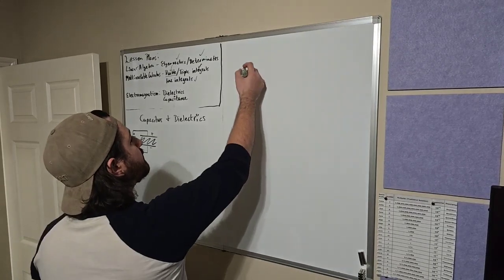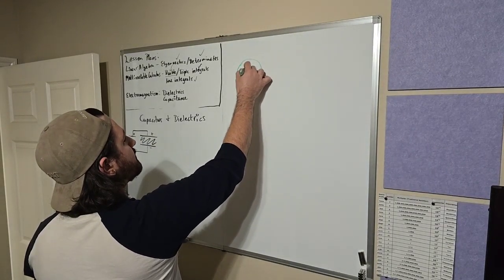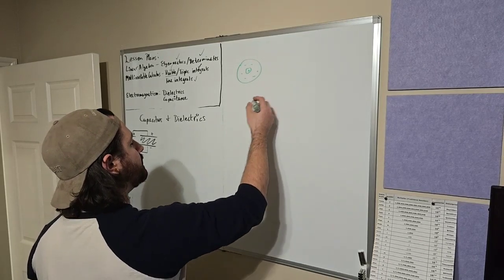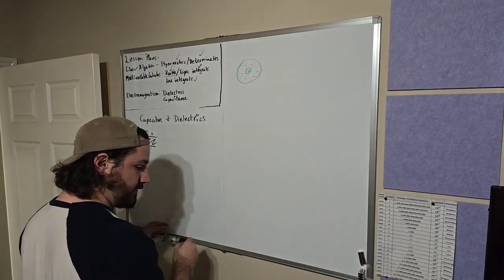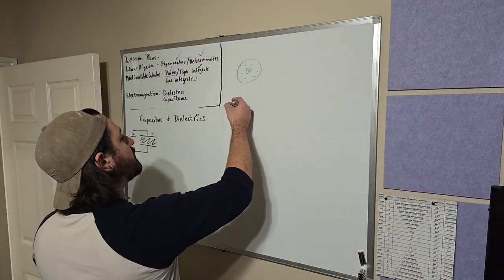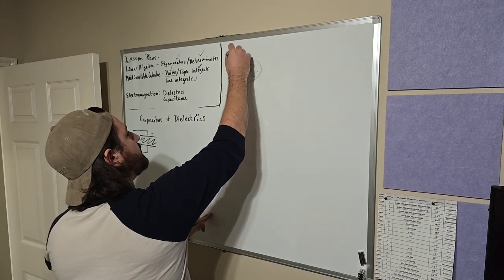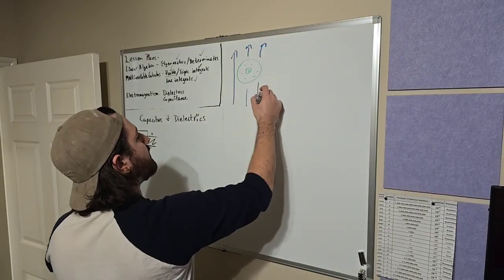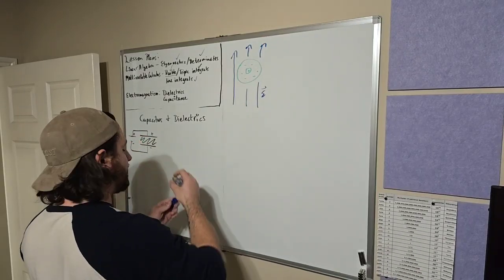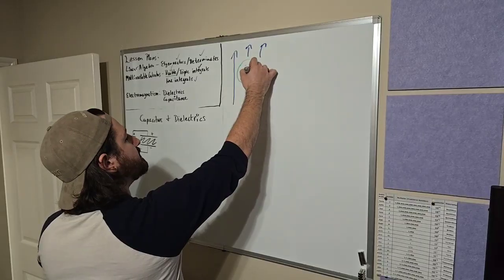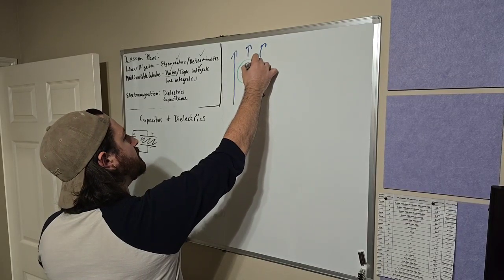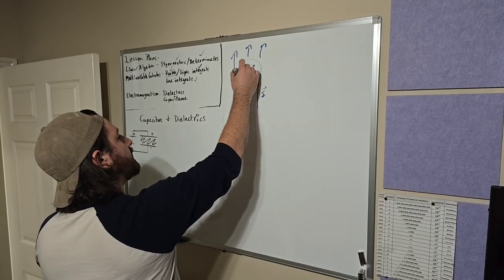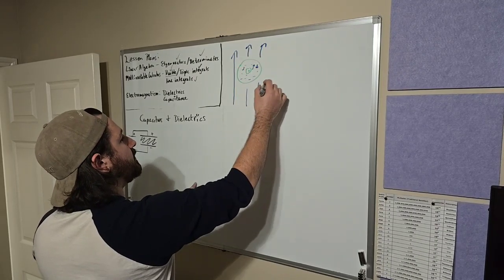basically if you take an atom that has a positive nucleus and a bunch of negative charges floating around, and you introduce it to an electric field, you have some sort of electric field here of some magnitude, doesn't matter right now. What's going to happen is the positive charge is going to flow with the electric field, and the negative charges are going to flow against it. And then you'll get something like